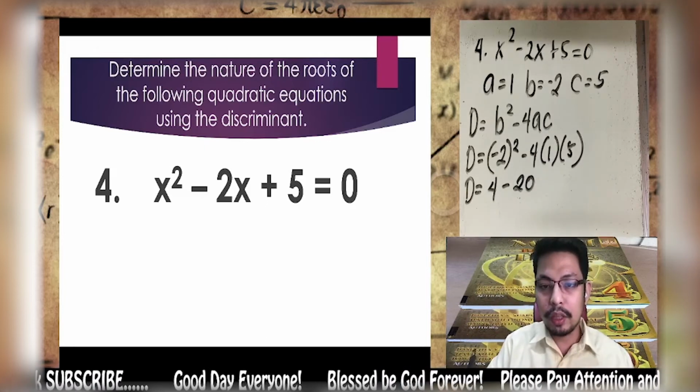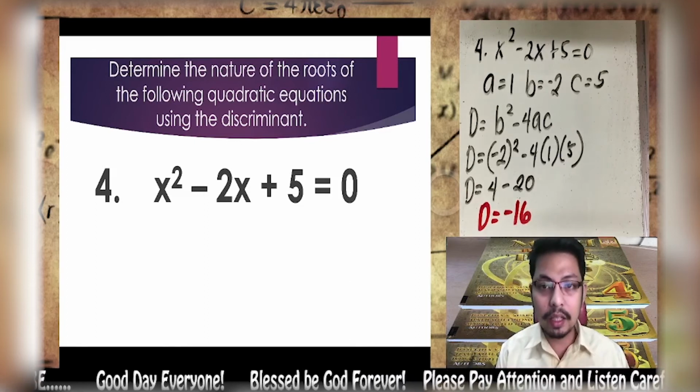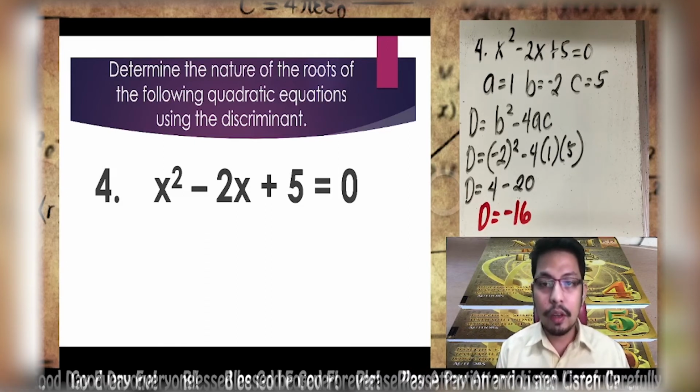So we have 4 minus 20. Our discriminant is negative 16. Our discriminant is less than 0 or it is a negative. Therefore, the roots are